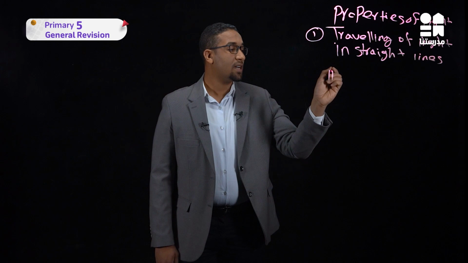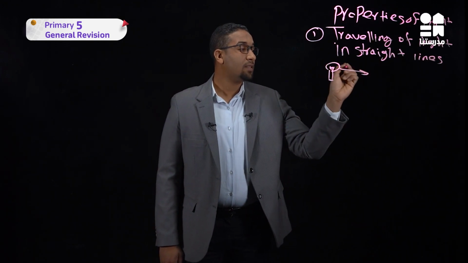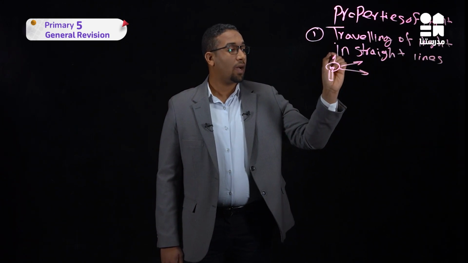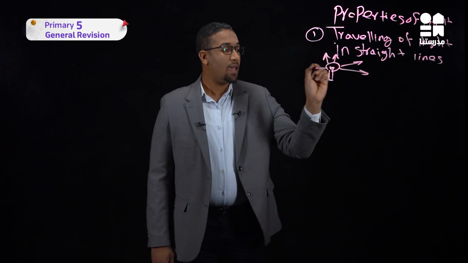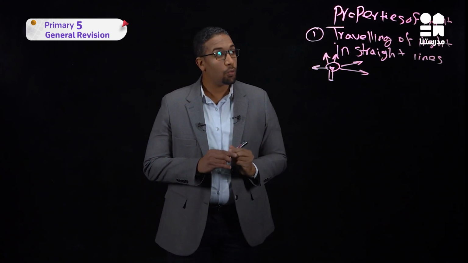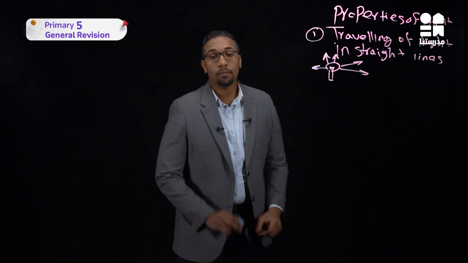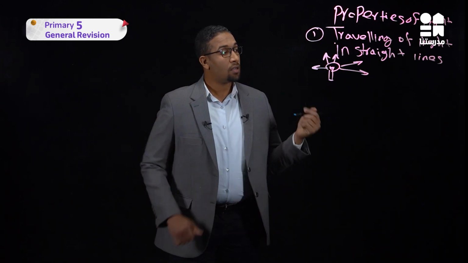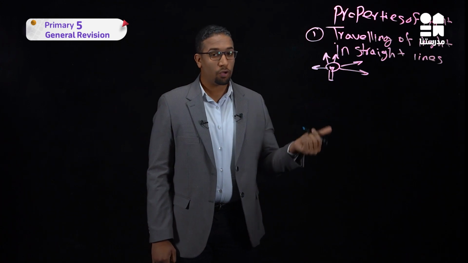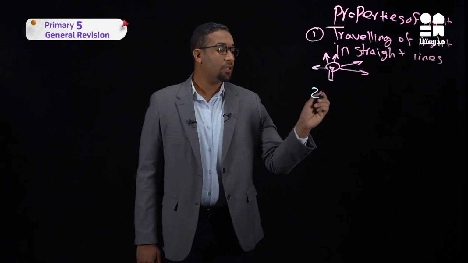So if we have here a source of light like a lamp, the light will travel in straight lines. And this was the property number 1. Many phenomena occur due to traveling of light in a straight line. Do you remember any of them? Yes. Formation of shadow, formation of images through narrow holes. Property number 2,